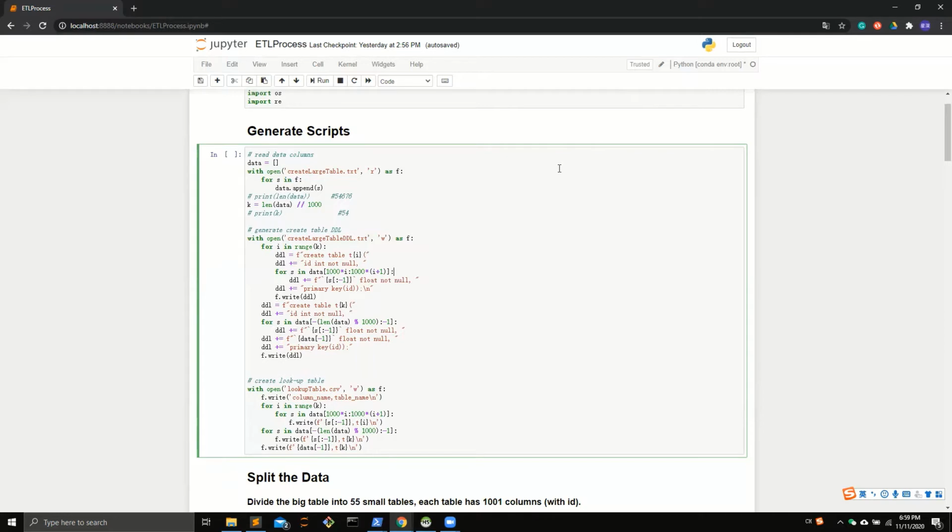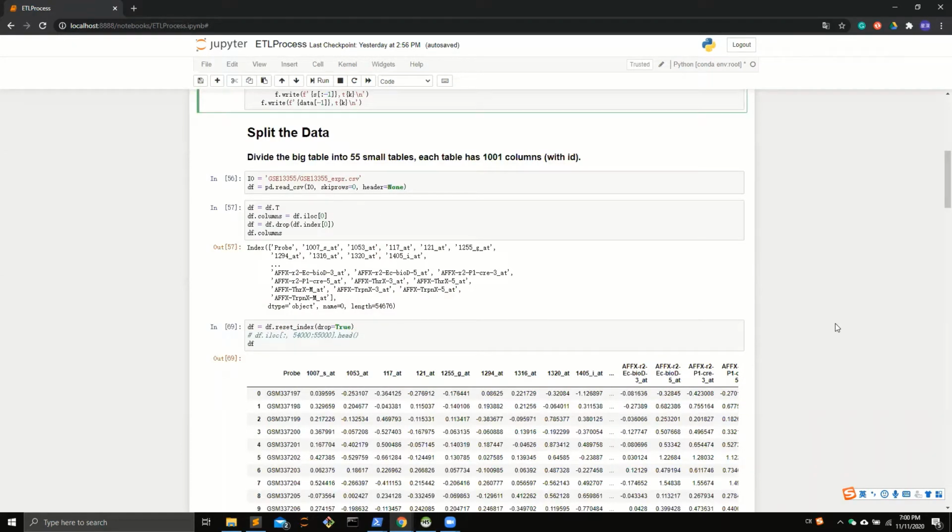After we get the script, we can create tables using the Python connector. The next step is splitting the data. I use pandas to read the whole table and then transpose it. And as the same, I split the big table vertically